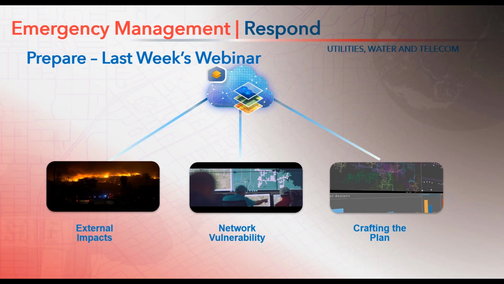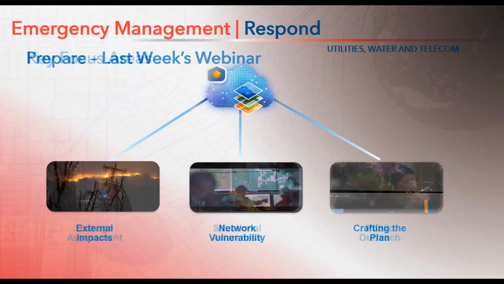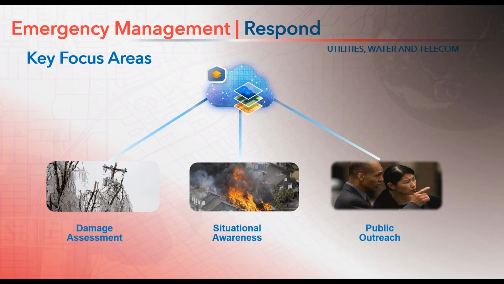Second is to get full understanding of where the network, electric, gas, telecom, and water, is the most vulnerable. Also, understanding where critical devices such as valves or switches will be unavailable during an event. Finally, merging that external impact data with the network vulnerability provides a basis for scenario building. My old boss would have loved this. This provides the basis for decision making based on timely and accurate data, something my boss just didn't have, and he paid the price. Okay, so now the storm is here, the earth is shaking, fire is still uncontained, and the wind is still blowing.